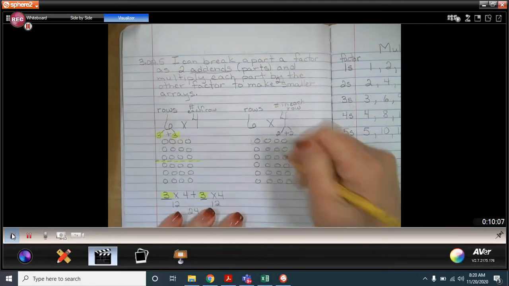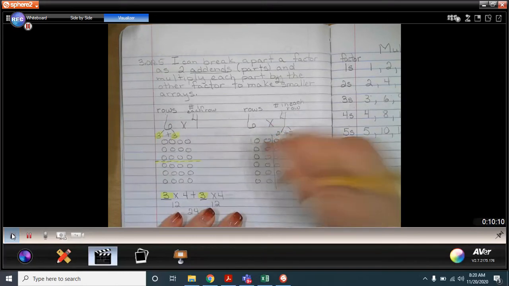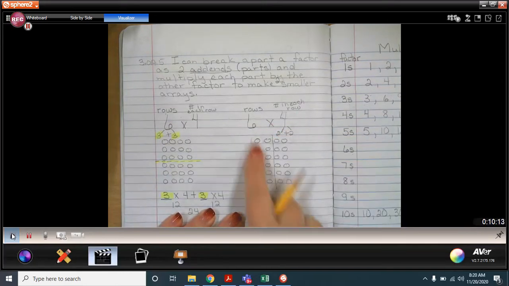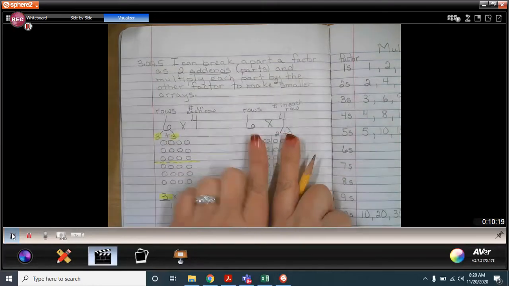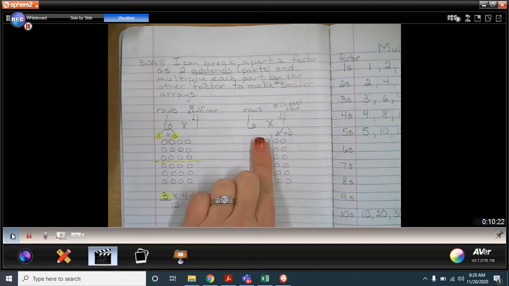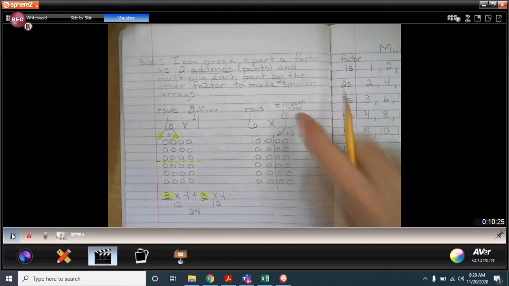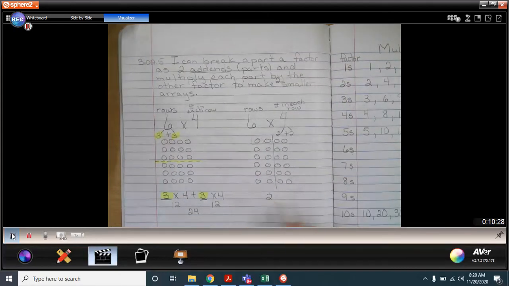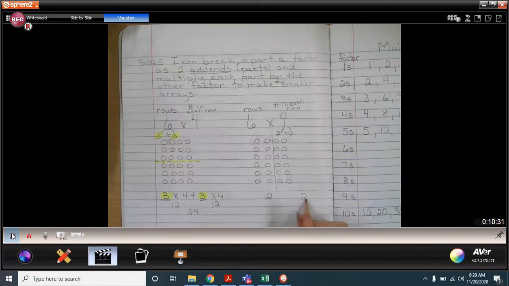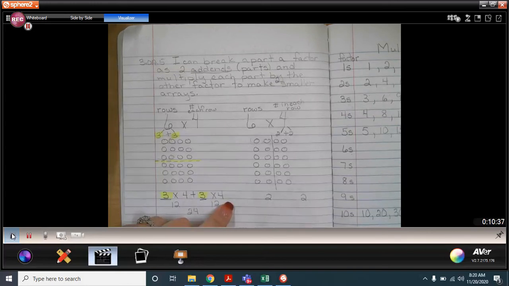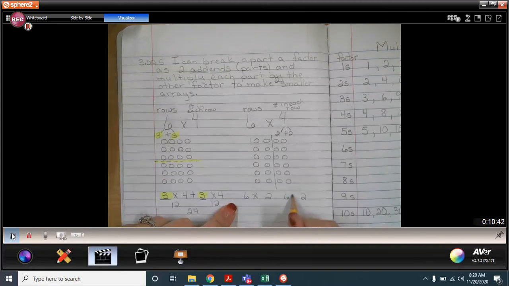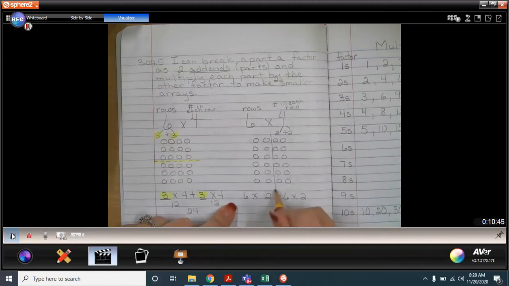And whenever I break them apart into 2 groups or 2 smaller parts, I have 6 rows still, but on the left side I have 6 rows of 2, and on the right side I have 6 rows of 2. So since this is my second factor is going to be 2 for the first array and 2 for the second array. So my 6 rows is staying 6. So I have 6 times 2 and 6 times 2. And I'm putting a plus symbol because I'm saying and we're putting them together once we've figured out what the